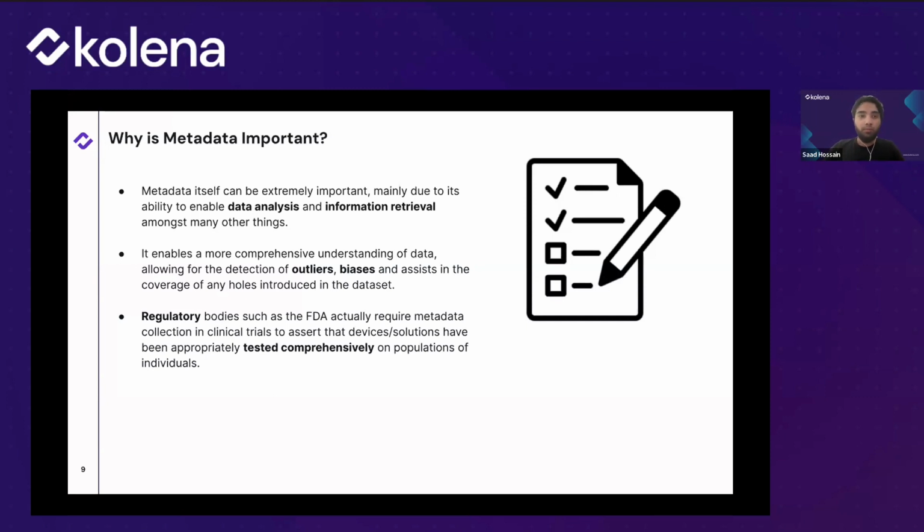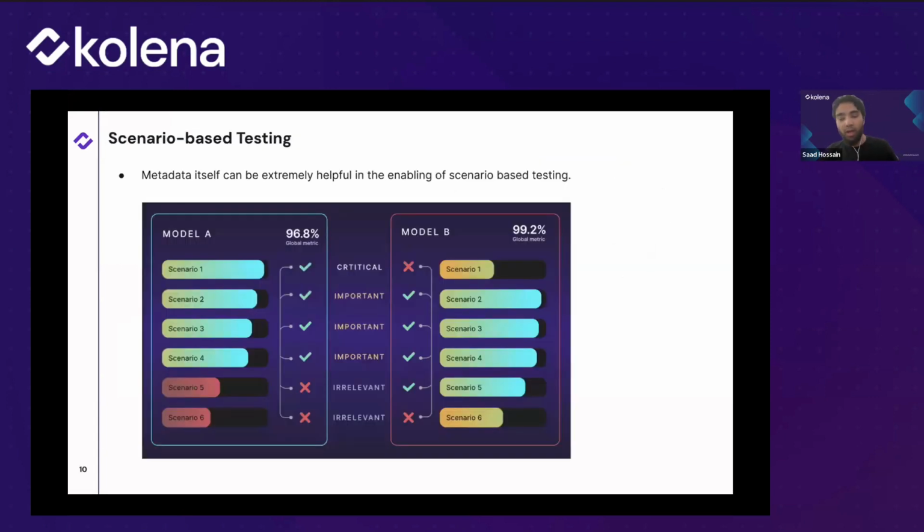And yeah, I think it goes without saying that metadata is quite an important factor in engineering processes, especially in AI. Now, how does that tie into scenario-based testing? Well, if you want to define various different scenarios, as you can imagine, you will in fact need metadata, right? Because you need some sort of information that describes your data, some sort of information that's able to define the scenarios as well.